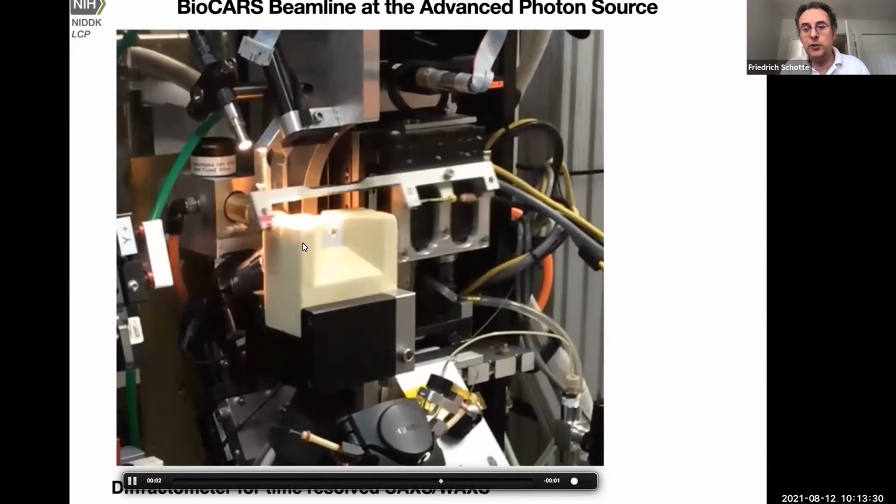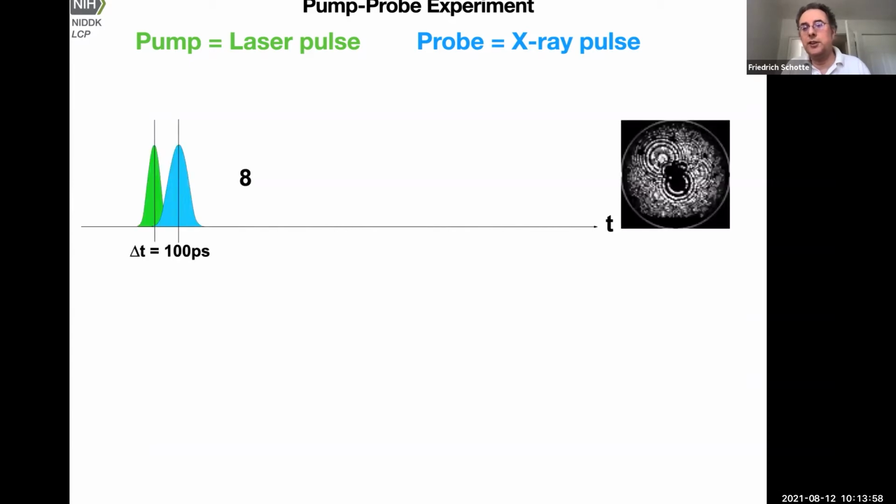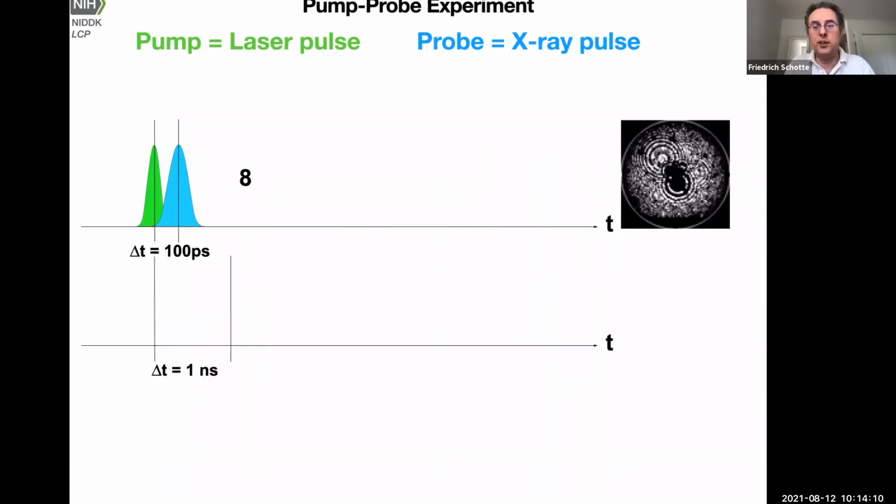and then rapidly retracting. So the key to this experiment is to have two pulses, a pump laser pulse and a probe X-ray pulse, that are timed precisely. So we have an electronic system that can set and change the time delay between laser and X-rays precisely. So we fire, for example, 8 of these pulses, and then read out the detector, accumulating more signal to improve signal to noise,